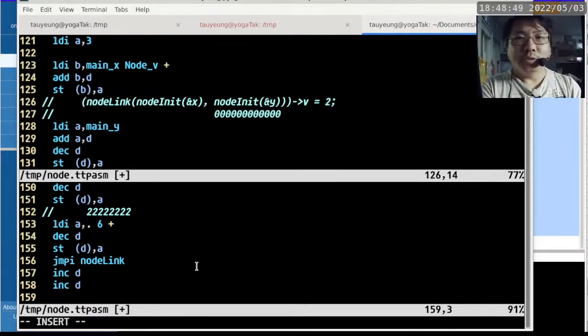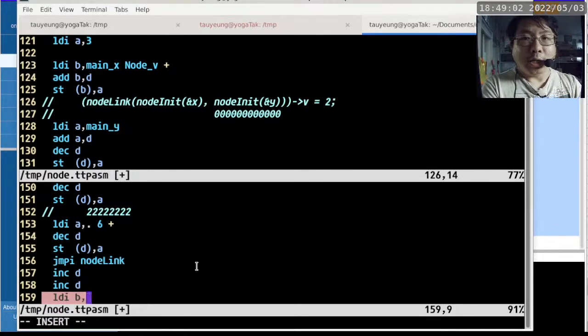Okay, so register A is the address of the structure, so we cannot use register A. We can use register B or C. Okay, I'm going to use register B